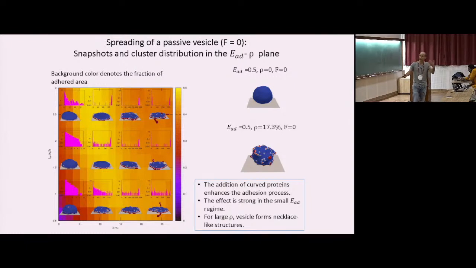And you see that, of course, if you add too many of them, they need to be somewhere. They begin to form these pearl structures again, which just shoot out from these rims. So you can see this in these two movies. We on purpose chose a very low adhesion energy. So without the proteins, there is minimal adhesion. And as soon as you add quite a lot of them, 17%, you will see that it spontaneously spreads very nicely on the surface just by virtue of segregating these curved proteins on a rim spontaneously because they like this